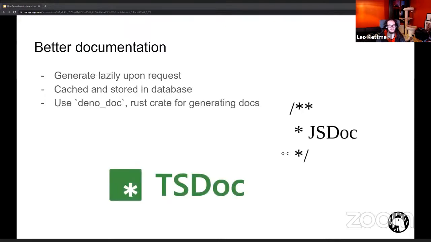So we decided to go down the path of increasing the quality of our documentation. We generate documentation lazily upon request, cache and store in a database, and use Deno doc route scripts for generating docs. I will go in depth into these 3 points. As a main